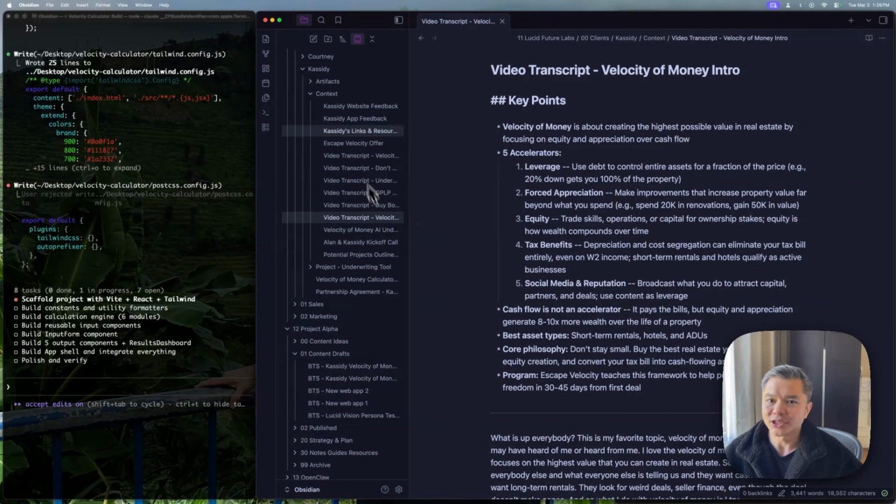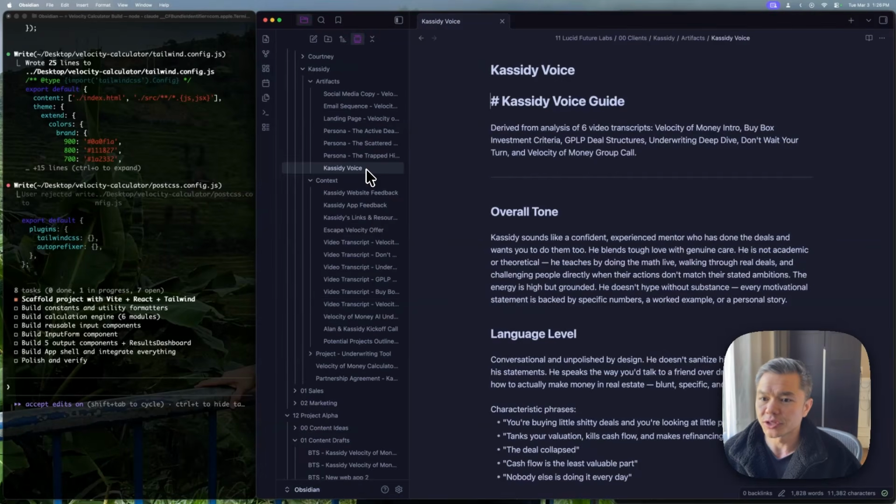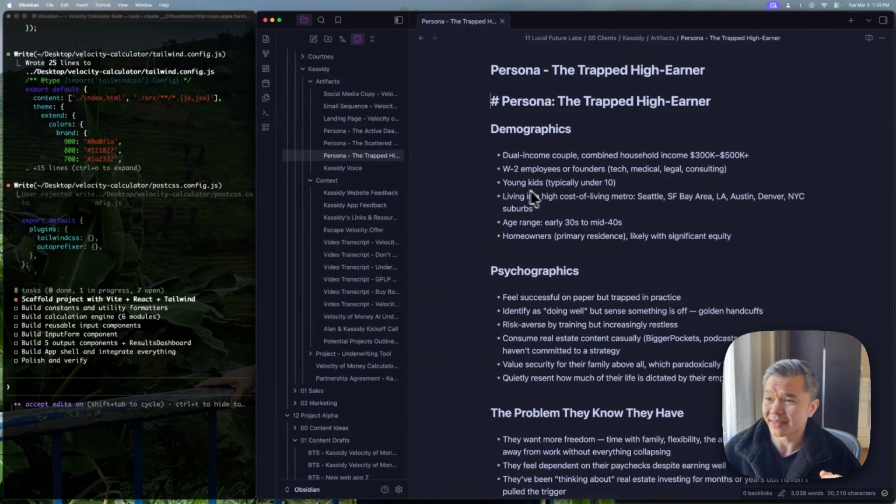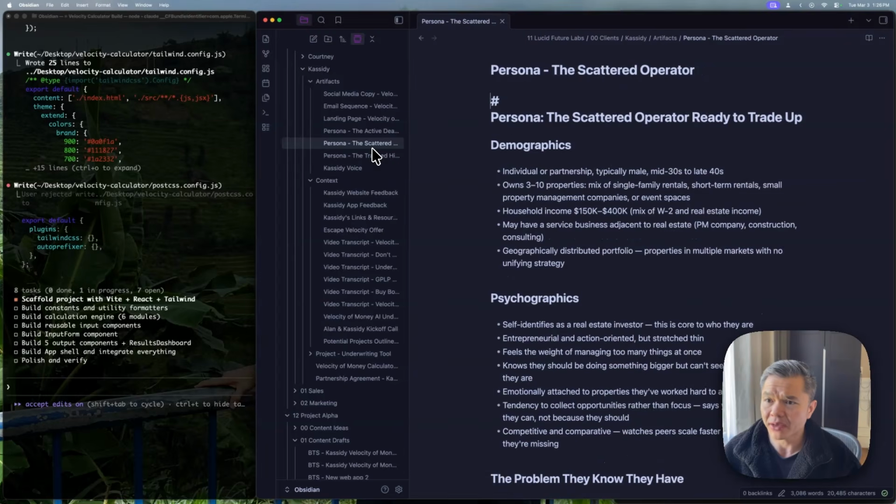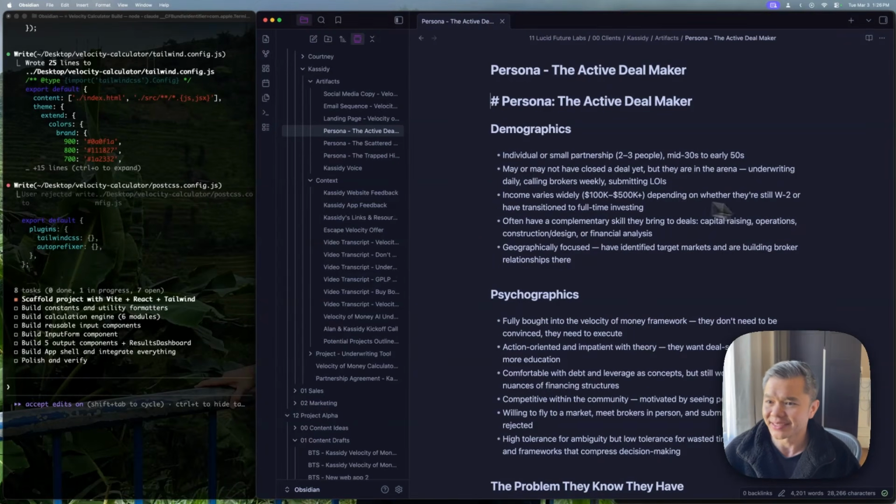lucidfuture.ai/skills. And I took all of this context and was able to generate, really quickly, 2 foundational assets. One is the brand voice guide, Cassidy's brand voice. The second was these persona documents, which I used Perplexity to generate, reflecting who Cassidy serves: the trapped high earner, the scattered operator, the active deal maker.